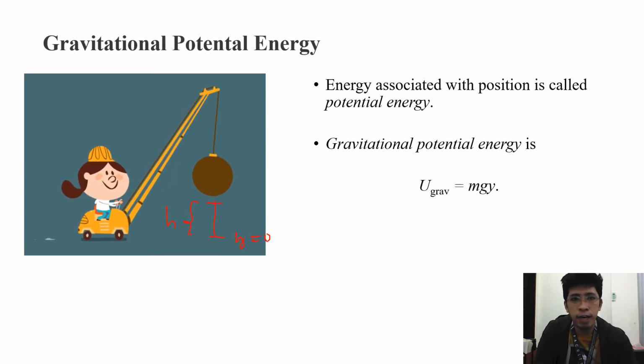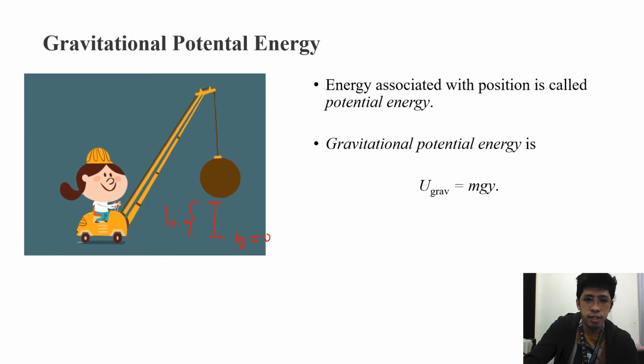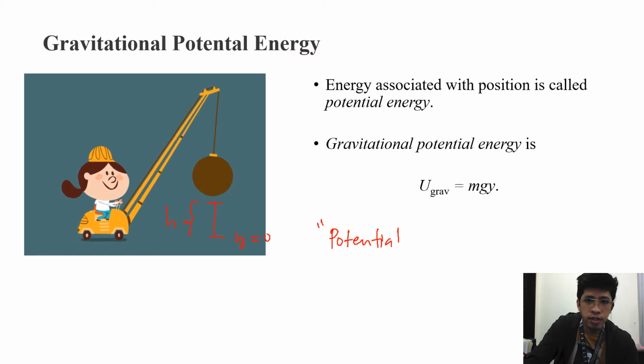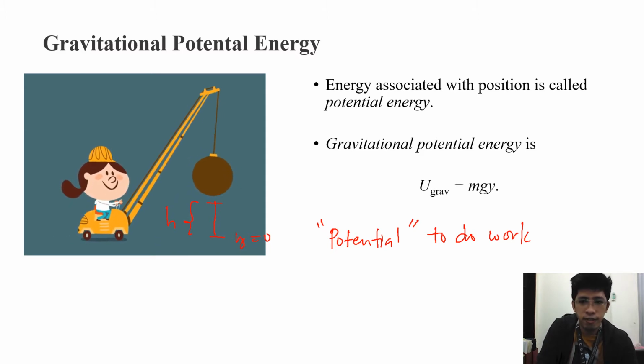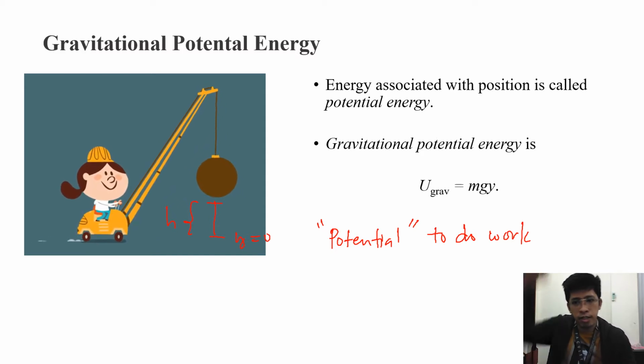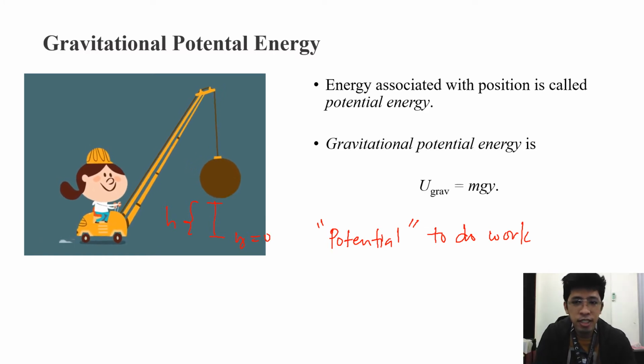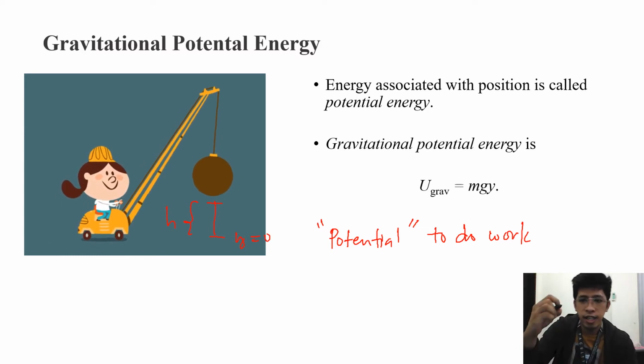It's called potential energy because from the word potential, it has the potential to do work. For example, later, if this wrecking ball is dropped, it has a potential to do work on something on the ground. Or you can imagine you have a stone at the top of your head. The stone is at some height h, and if you're going to